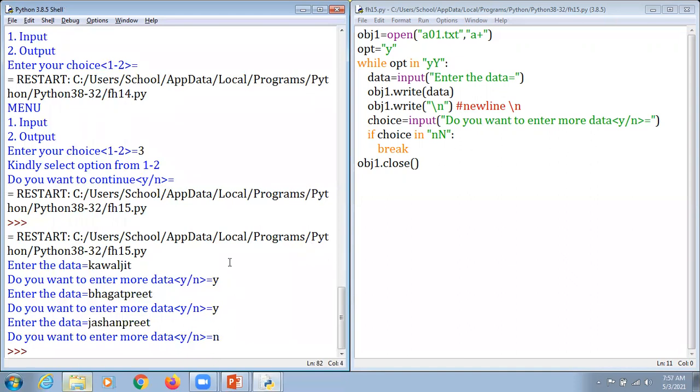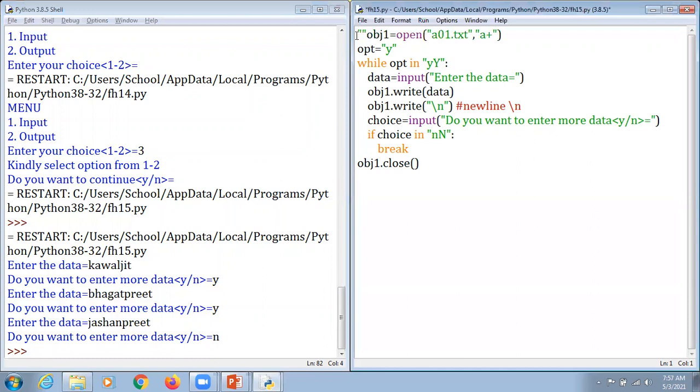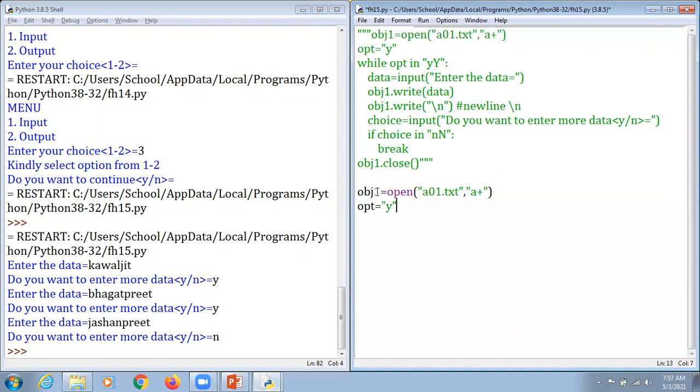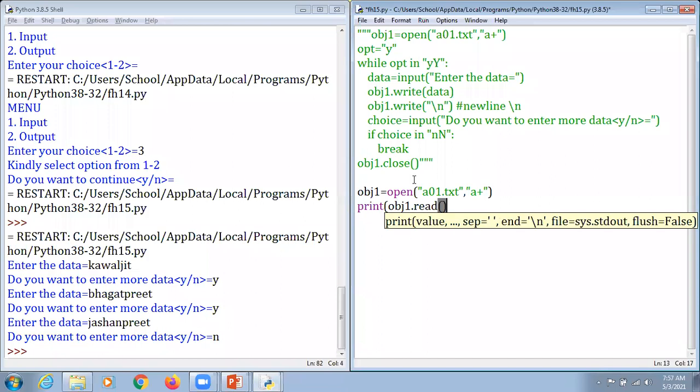And if you want to read that, to check whether it is working or not, we are just going to make this a comment here, dear students, by inserting triple quotes, and I'm looking for some shortcuts. I'm just going to click here and type here. This time this one is not required. So obj1, and before obj1, I think we are supposed to write it as friend obj1 dot read operation this time.